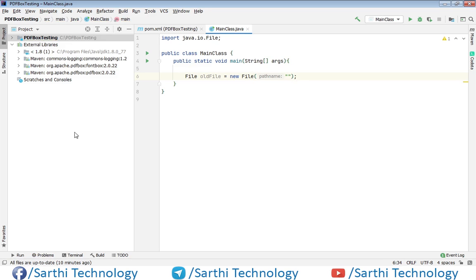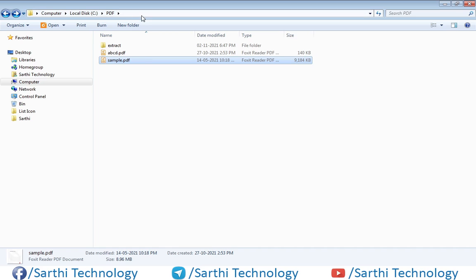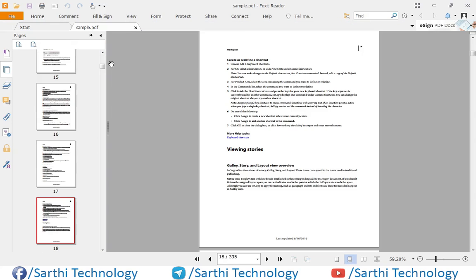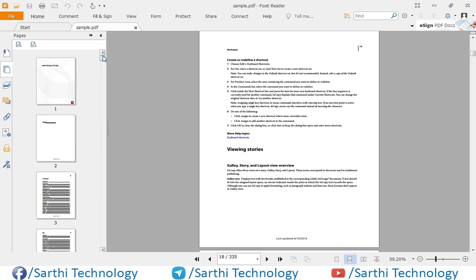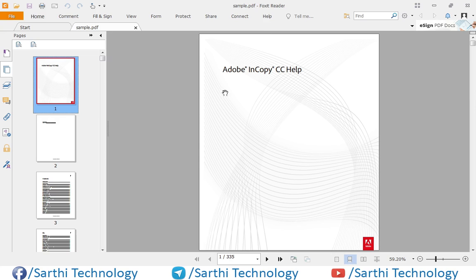So the path is this: C drive, PDF, and this is the source PDF. Let me open this PDF. This is our source PDF, made with the help of Adobe InCopy. This PDF has 335 pages and we want to split all pages into separate files.